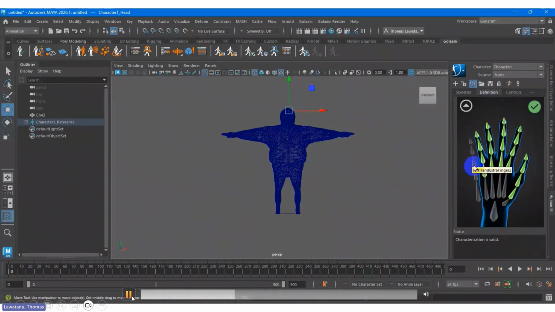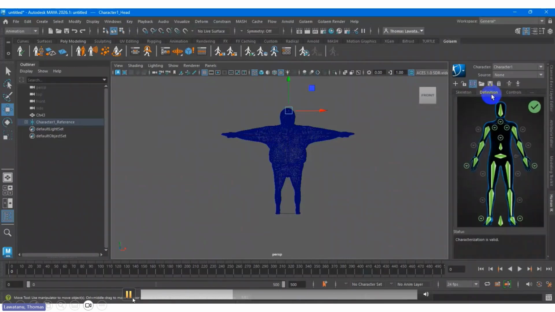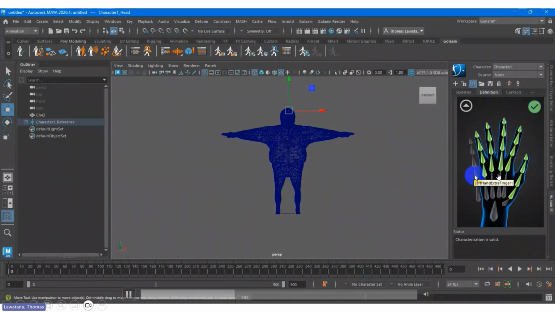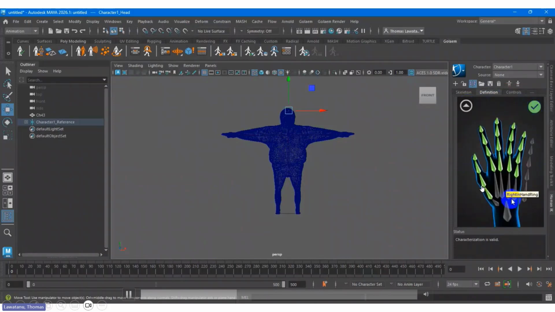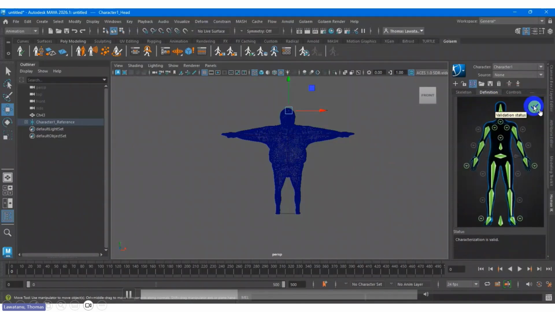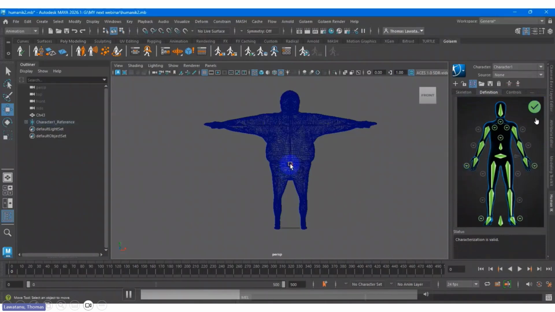So I try to continue. You can check this example if you want to go through the hand part. This is the drop down. You can click the drop down button here between the left and right. Once you press the button, it will jump to the hand part. That's why you need to check that at least everything is okay, marked by the green indicator.